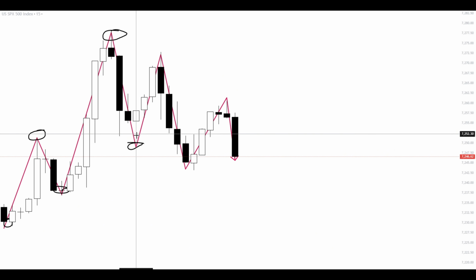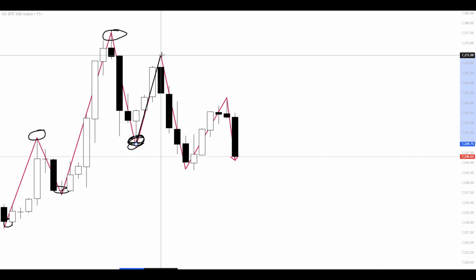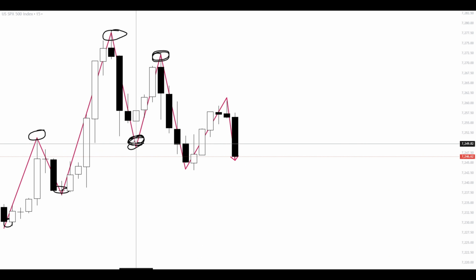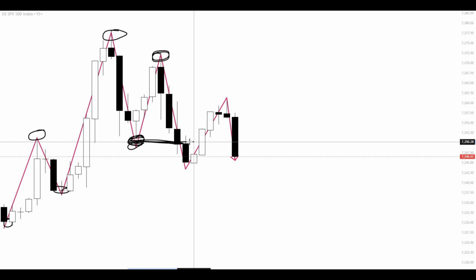Now, if we look at how it continued after this low, which was a higher low, we got an upside pullback that ended on a high. And from this high, the price fell down aggressively and broke below the previous higher low. So, after this break of the low, now we can know with certainty that this high was a lower high, and the fact that it broke below the last low, that's a new lower low